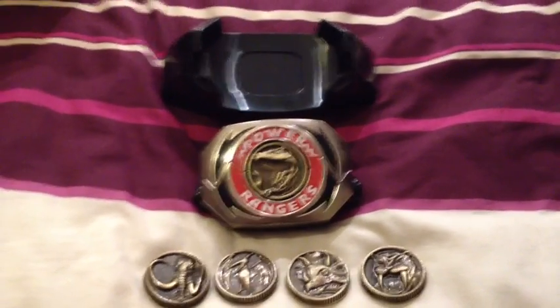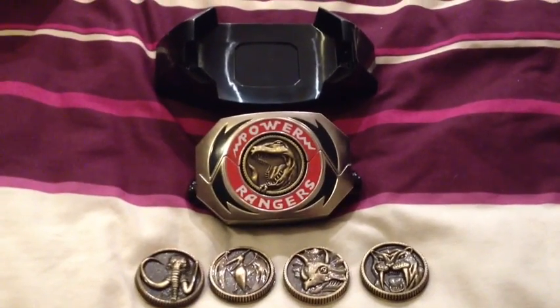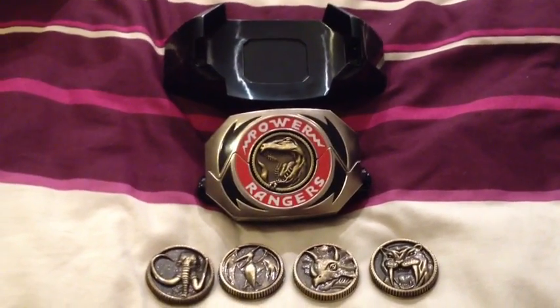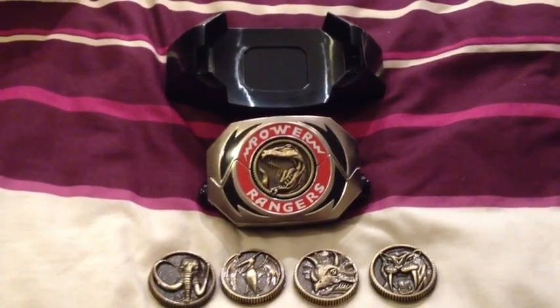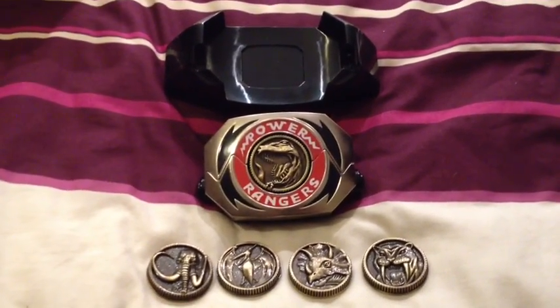These are just my final thoughts on the actual Morpher itself. Being someone who was very skeptical of it when it was originally announced, because of my love for the original Morpher, I was almost against it just for tradition's sake. I was very loyal to the original Morpher. I didn't think there was a need to change anything, but I think this collector's edition